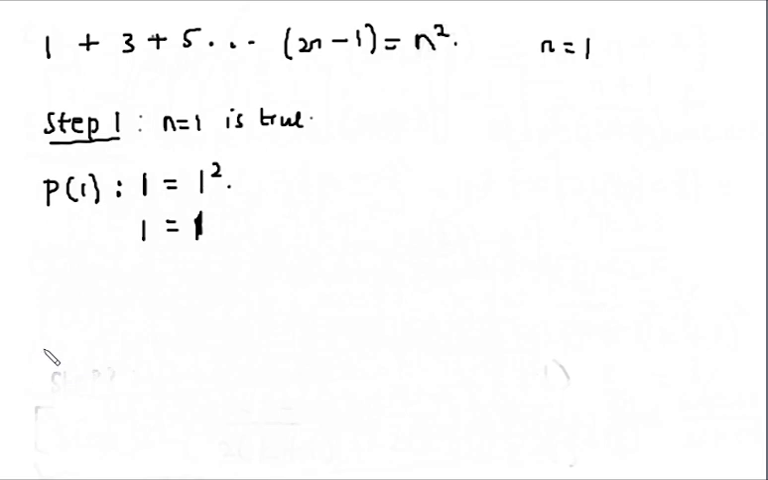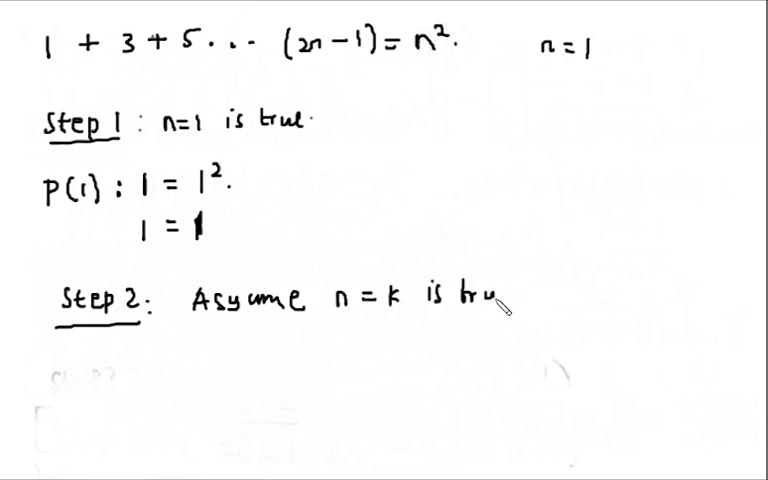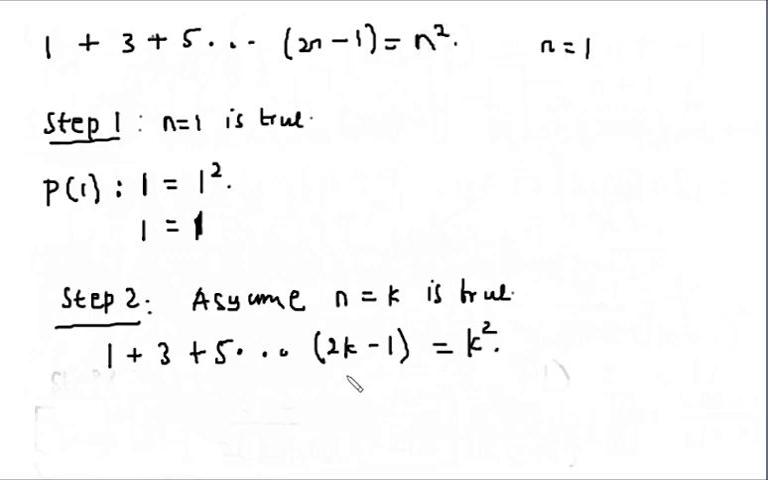So, step 2: assume n equals k is true. Okay, so if you assume n equals k is true, this whole statement will change. So 1 plus 3 plus 5 up to (2k minus 1) is equal to k squared. So you need to take note of this statement because you're going to use it for the third step, like we did before. So for step 3,